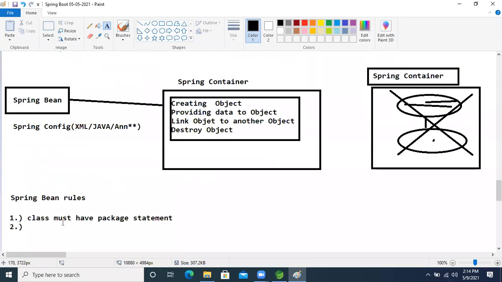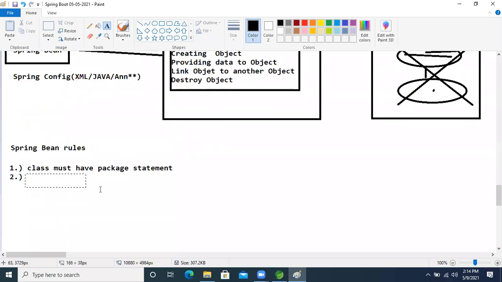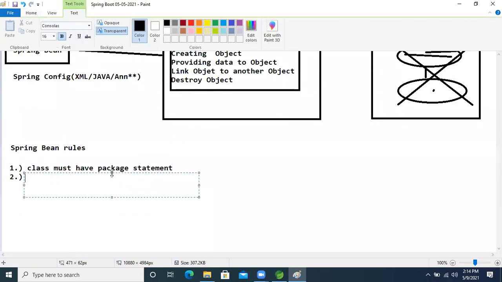So we need to follow the rule: whenever we write the class, it must be public type.